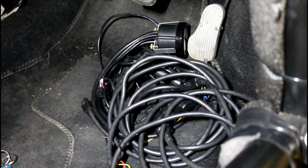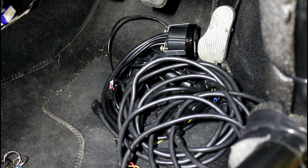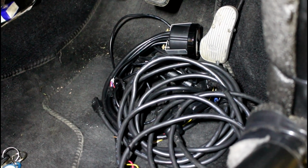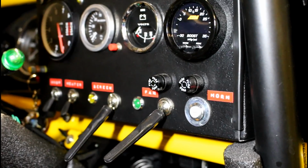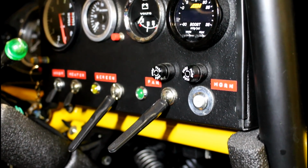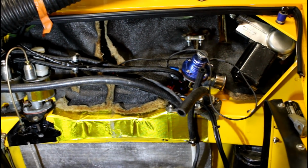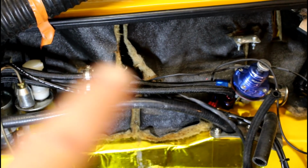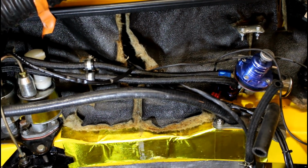I did have an issue whereby I couldn't get the multi-plug through the bulkhead, so I had to de-pin it, which was a bit of a nightmare, and it hasn't gone back together as well. But at least the new boost gauge is in and it's all ready to fire up. I've spent some time this afternoon cleaning up the bulkhead area, got rid of the excess wires, as I've said, and you can see I've cleaned up a bit in both corners and got rid of a lot of the salt and crap that was in there. In the middle there's still the cam sensor wires to tuck away out of sight,